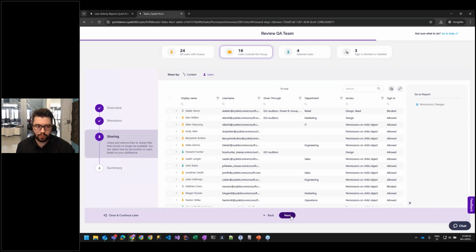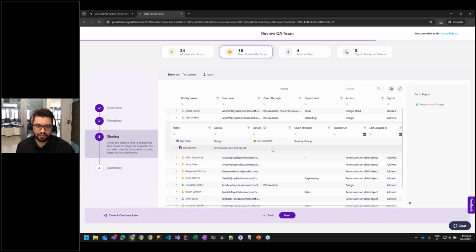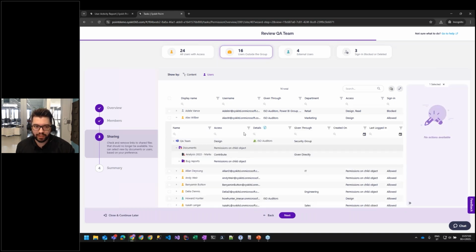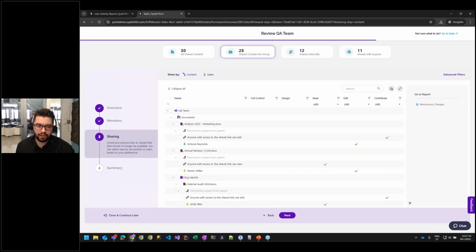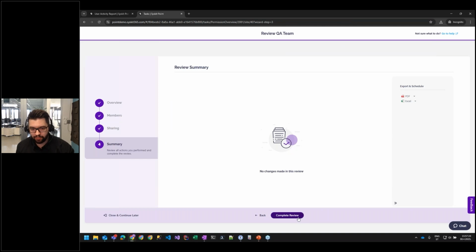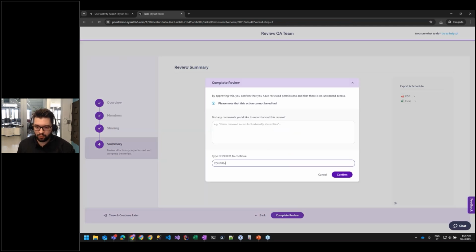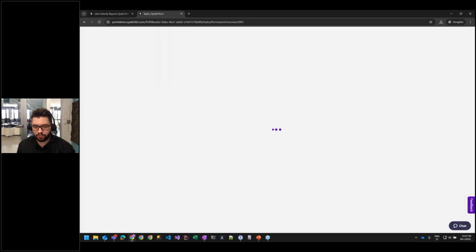Once you manage that, you go to the next step, which is the sharing step. This basically shows you the content of the workspace and all of the various users that have access to it. So you can expand on this and check things out if somebody has access to some documents. Also, you can do actions here like we just mentioned. And this is also visible in a content view where you actually see content from the workspace and how it's accessible from the various outside points. For example, we have an external user here that has access to some file, and some sharing links here we can remove, and so on. So you click on Next, Complete Review. And now you're an owner who confirmed they did a review on the workspace.